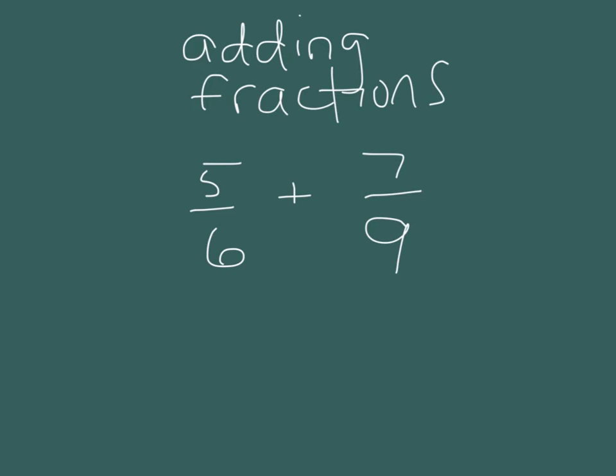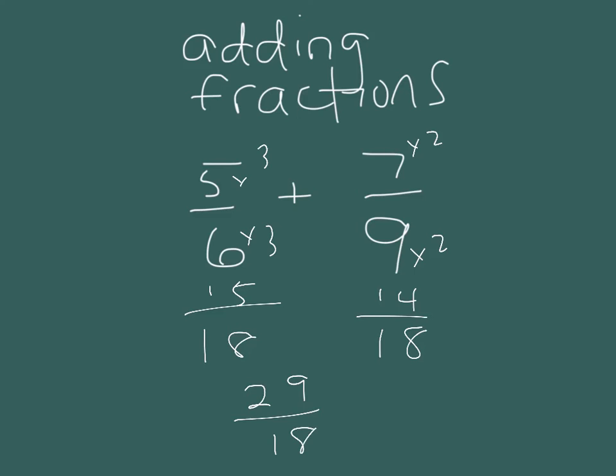So for adding fractions, you have to make sure that you have a common denominator. We're doing more of the same. In order for you to complete this particular problem, we're going back to further in the chapter and repeating more of what we've been doing. So we have to find a common denominator. A common denominator for 6 and 9 would be 18. We multiply the 6 by 3 to get 18, and then we have to do the same thing to the numerator. So we wind up with 15/18. 9 times 2 is 18, 7 times 2 is 14. Then we take 15 plus 14, which ends up being